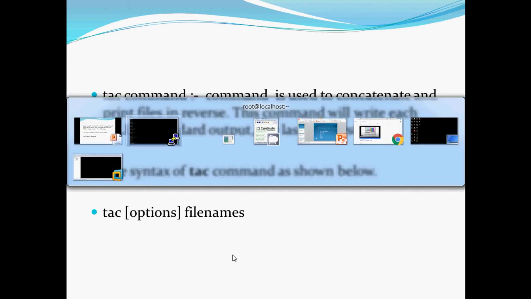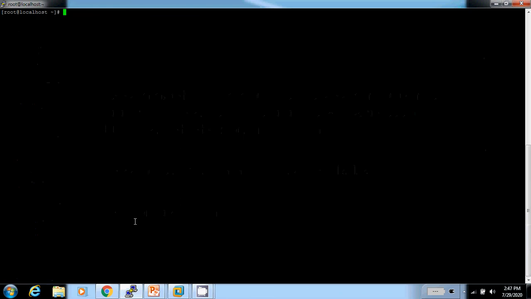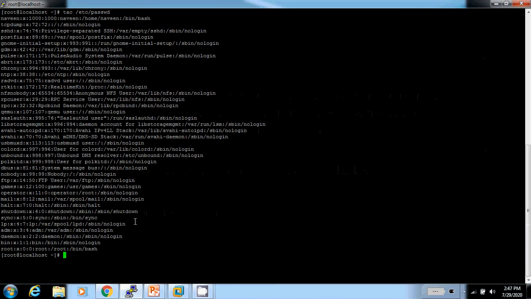Okay, I will take the example: tac /etc/passwd. Now we can see the file content is in reverse format.